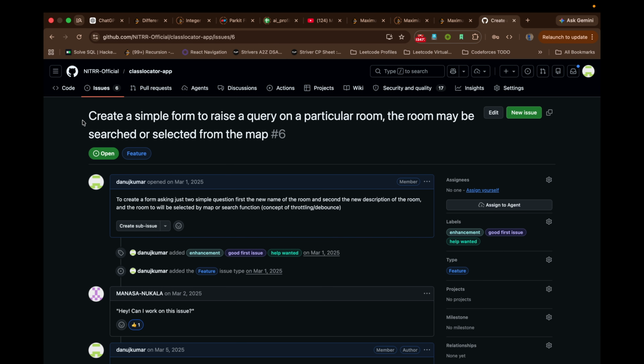I already told you about creating a simple form to raise a query. So you have to create a form, and then the user will be able to raise a query. Super admin and admin both can raise a query. So this is one issue. After that,